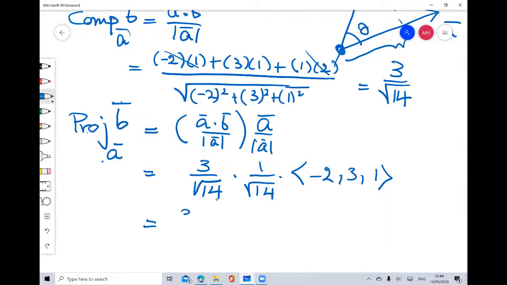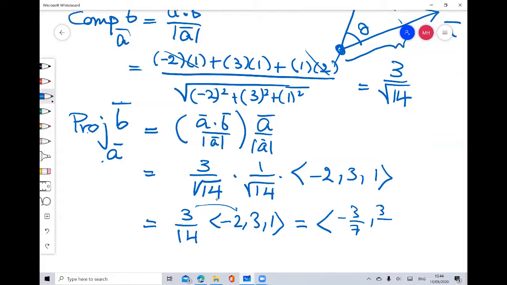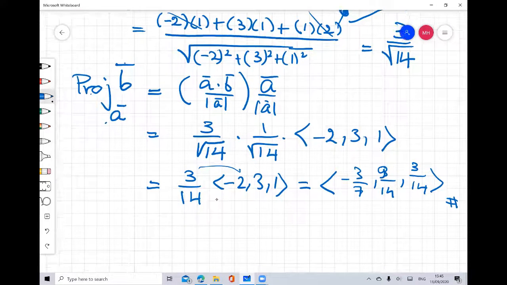Let's simplify further: 3 over 14 times negative 2, 3, 1. Or we could multiply the components by the scalar and end up with negative 3 over 7, 9 over 14, and 3 over 14. Okay, that's it. This is our projection. Actually, it has lots of applications. One of them is finding the work done on an object